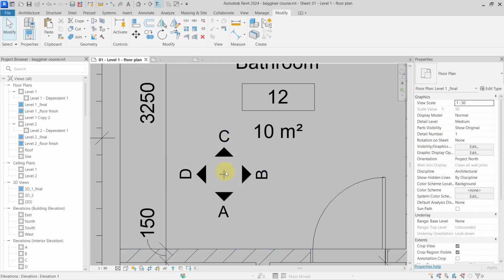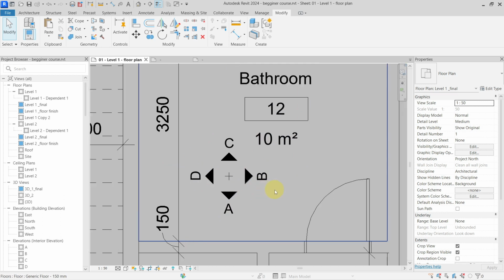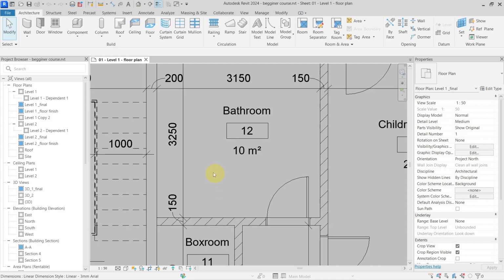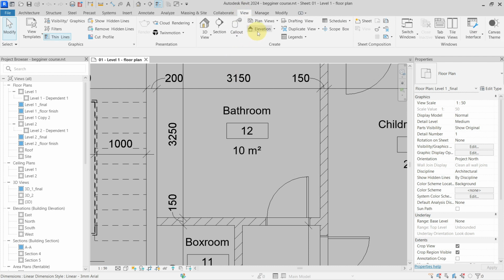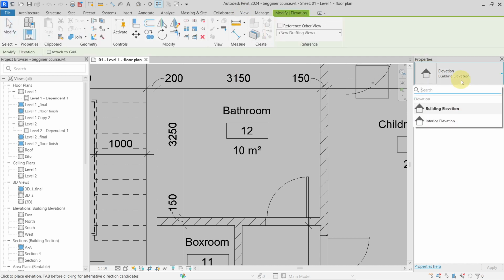Everyone. Today let's take a look at how we can create our custom elevation mark or elevation symbol for the interior elevations. So it will be pointing at 4 sides and it will have a custom pointer. So if I go now inside of my project, my view, elevation, and I choose not building elevation but interior elevation,